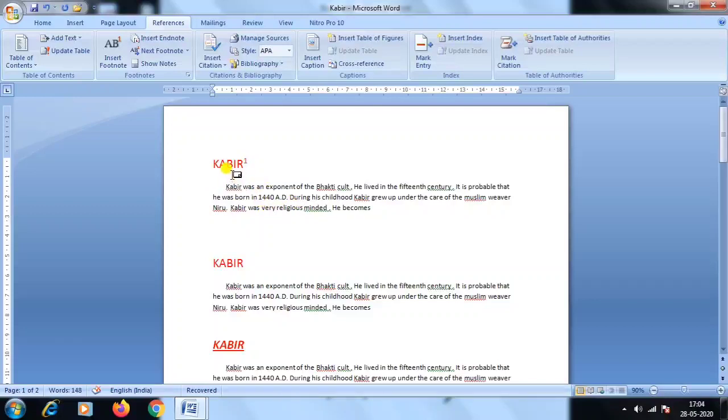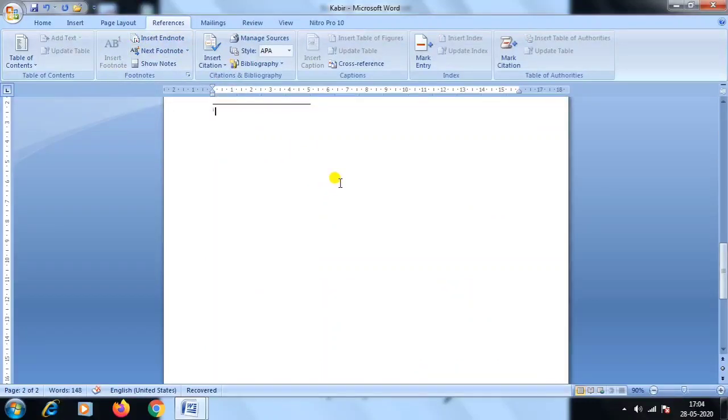Okay, when you go to the top, go on that text, that footnote will be displayed on your screen. But if you want to apply an endnote, you click on Endnote, then type the text.